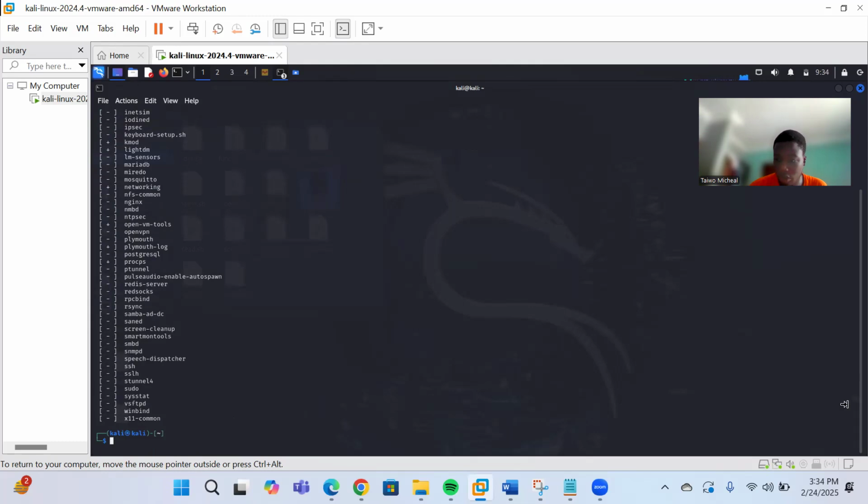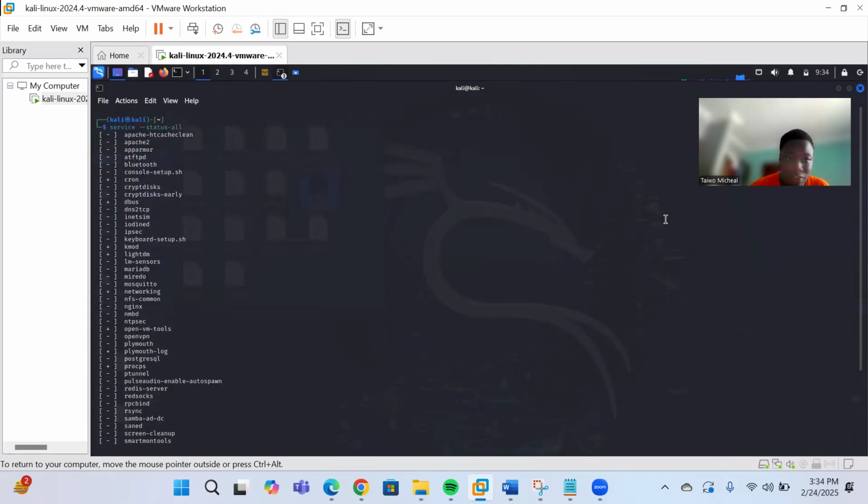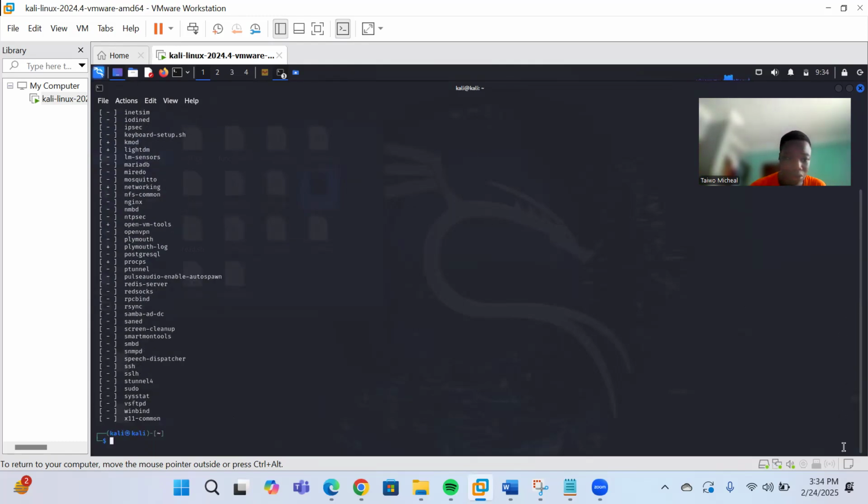I think we all saw that. Let me just go back to it. If a service is started, this is going to change to plus. So I'm going to start a service now, and we're going to see the difference. Because to start a service, you have to be a sudo user. So I'll just do sudo. You have to change user using sudo service